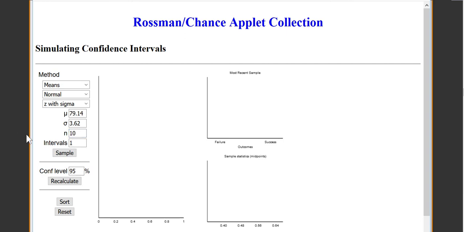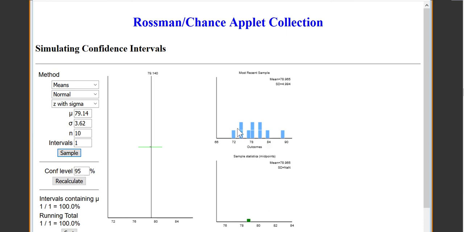So I could take one confidence interval, or one sample. Notice these little blue dots are actual values in our sample, and I put a green dot for our sample mean that we picked. This line represents our population mean mu of 79.14. It made a green confidence interval with a little dot there for the actual sample mean. So this one contained our population mean mu. I could take another sample. Notice my values changed, my sample mean changed, and I got a different interval. If I do it again, I get different values, a different sample mean, and a different confidence interval. And I can just keep trying this.